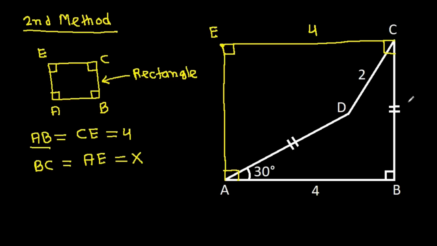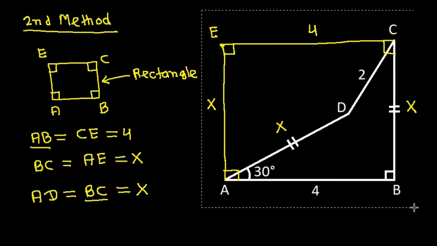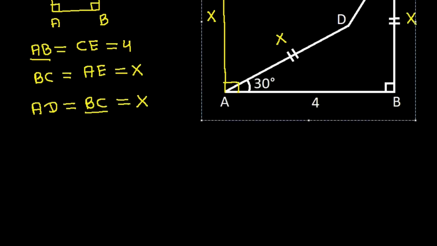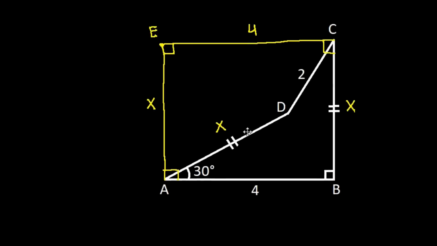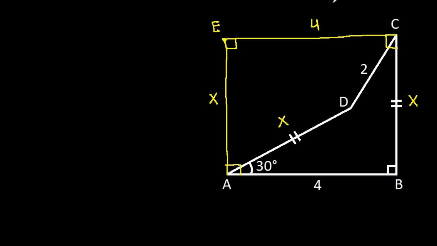Suppose X: BC is X and AE is X, and we have AD equal to BC, and BC is X, so AD will be X. Now if we join ED and BD,